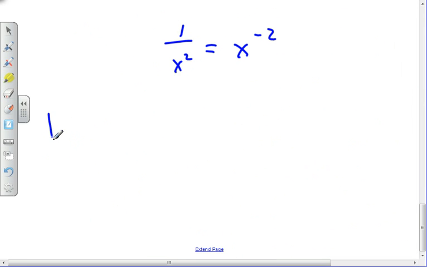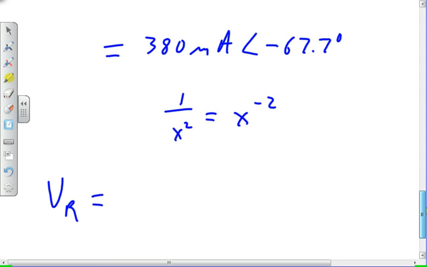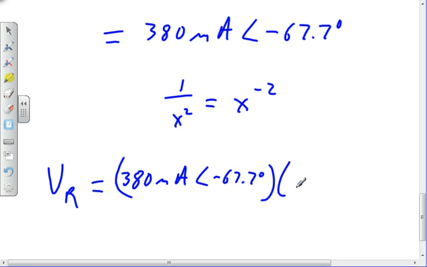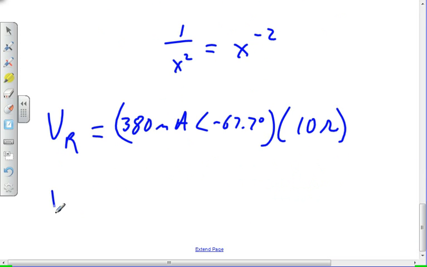The voltage across the resistor would be the current, 380 milliamps, angle minus 67.7, times the resistor, which was 10 ohms, right? And the voltage across the inductor would be the total current, 380 milliamps, angle minus 67.7,